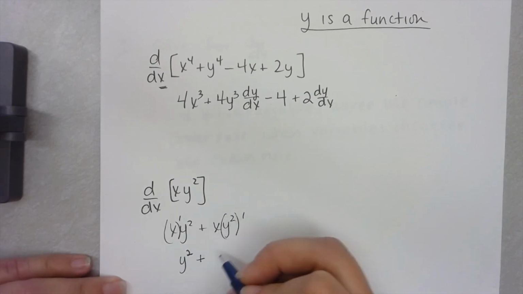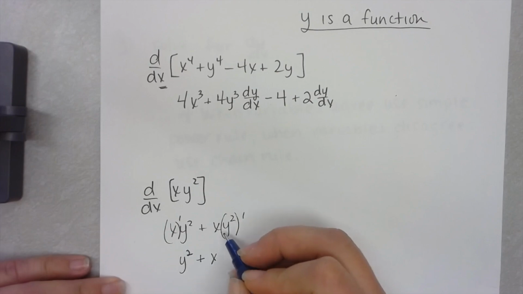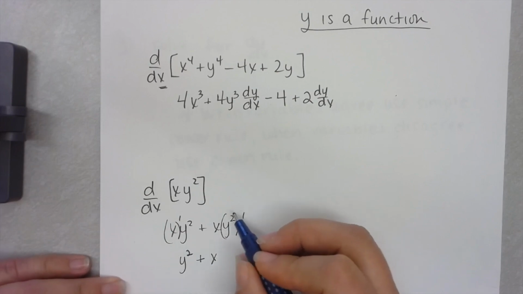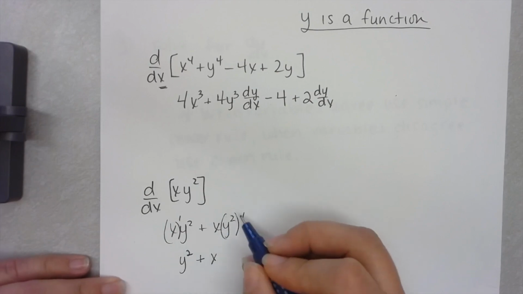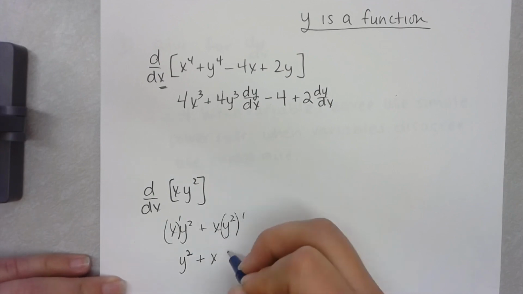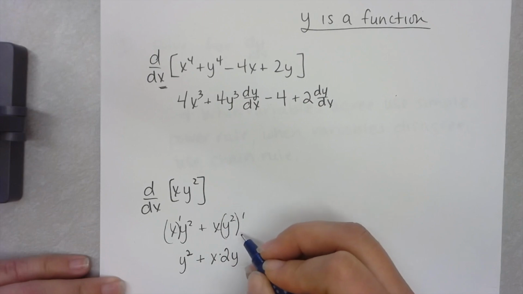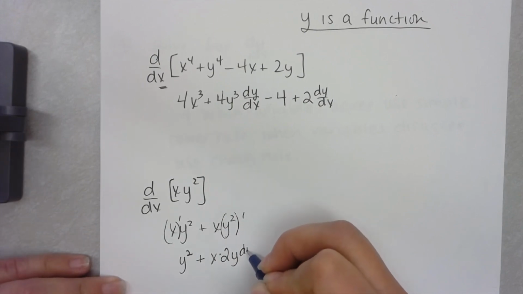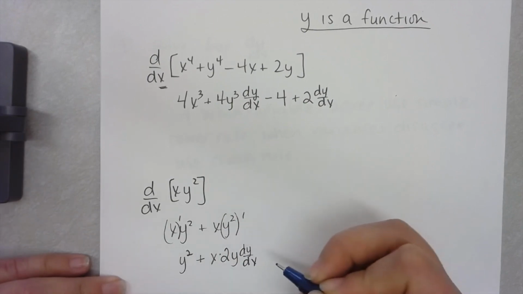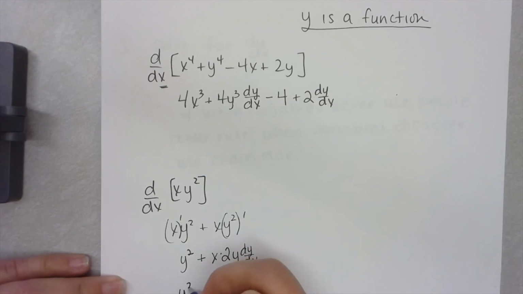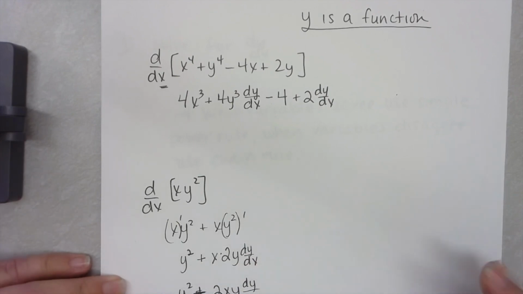Then on this side I have x times the derivative of y squared. The derivative of y squared: the outer function is the y squared, so the derivative would be 2y, and then I multiply by the derivative of the inside, which is dy/dx. So then I could clean this up a little bit and just call it y squared equals 2xy, oops, not y, it's not equal, so it's plus dy/dx. Okay, so